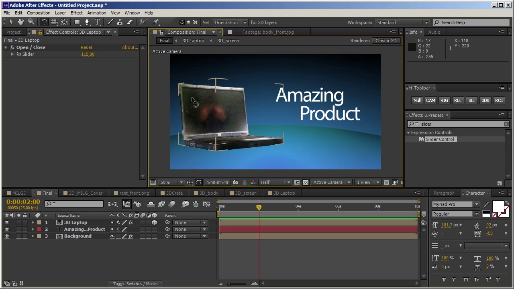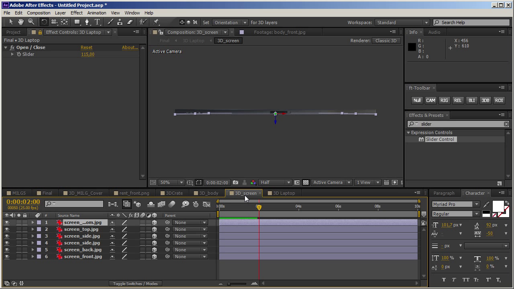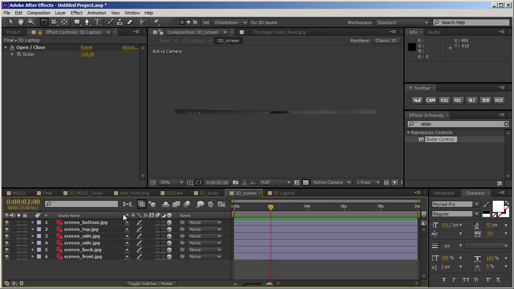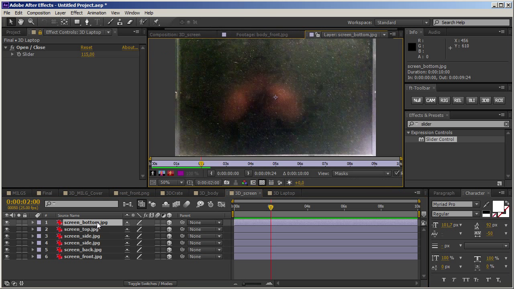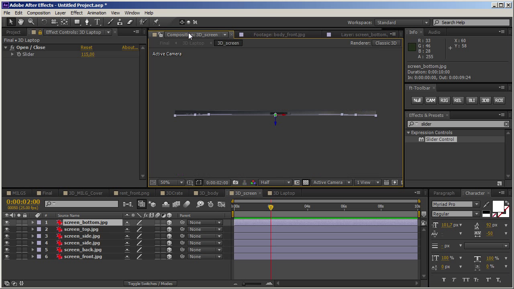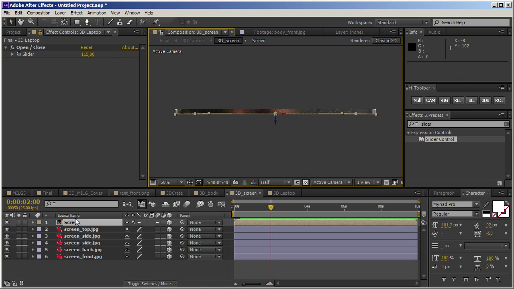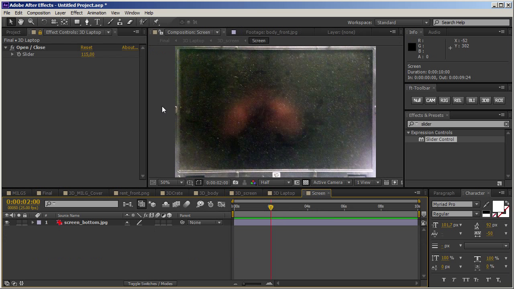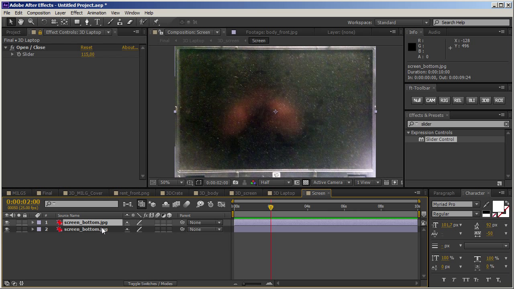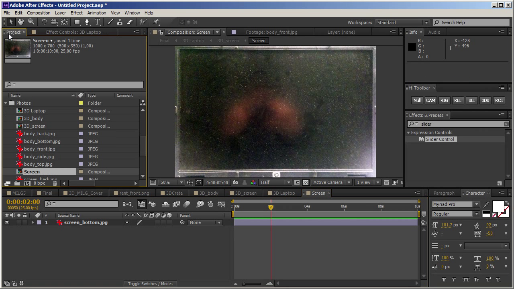So I told you that we can put something on the screen over here, so let's just go ahead and do that. To do that, we need to go into the 3D screen. We need to look at the screen bottom, because that is the texture that we're interested in, as you can see. And I'm going to pre-compose it. So Ctrl-Shift-C on Windows, leave all attributes, and I'm going to say screen, and double click over here, and I can just duplicate this layer, and I can just put something on